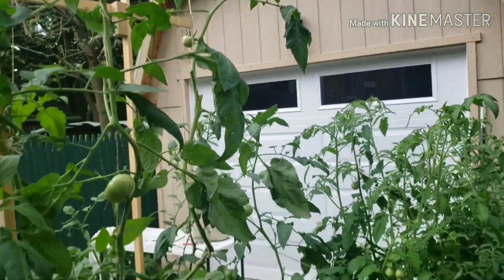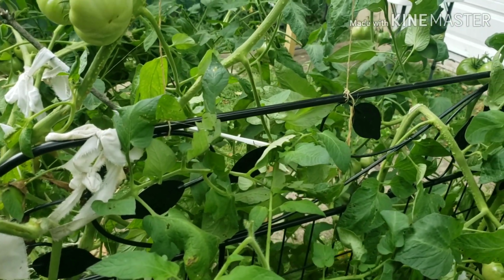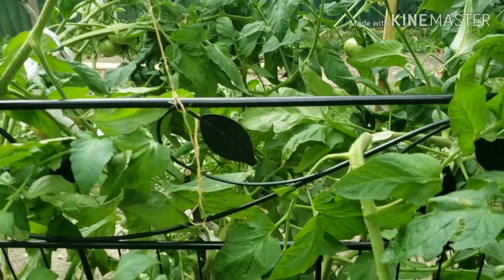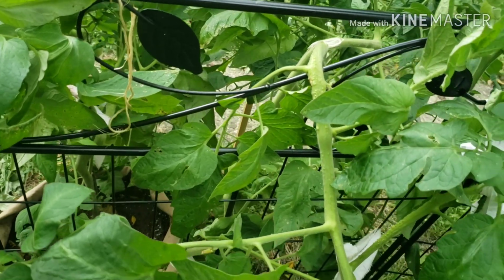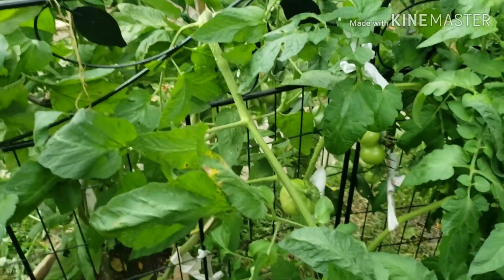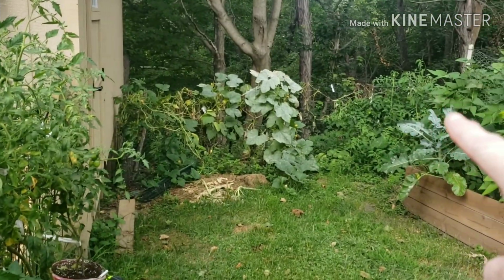more string on that to help this one, but it split when I tried to pick it up, and so I just wanted to leave it and not manipulate it anymore, because both this side and that shoots off that direction have tomatoes on them, so I don't want to lose them all. So I might not, be today, because I need to deal with the jungle that is back here and behind that, and then